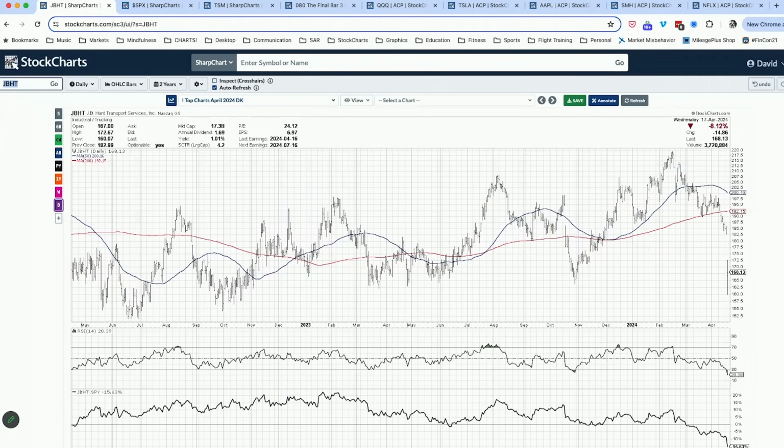JB Hunt is one that actually gapped lower on earnings. This is another one that reported after the close today. JB Hunt, a big trucking company, if you're not familiar. So gapping lower. What's interesting about the chart of JBHT with the gap lower is that we're gapping down into